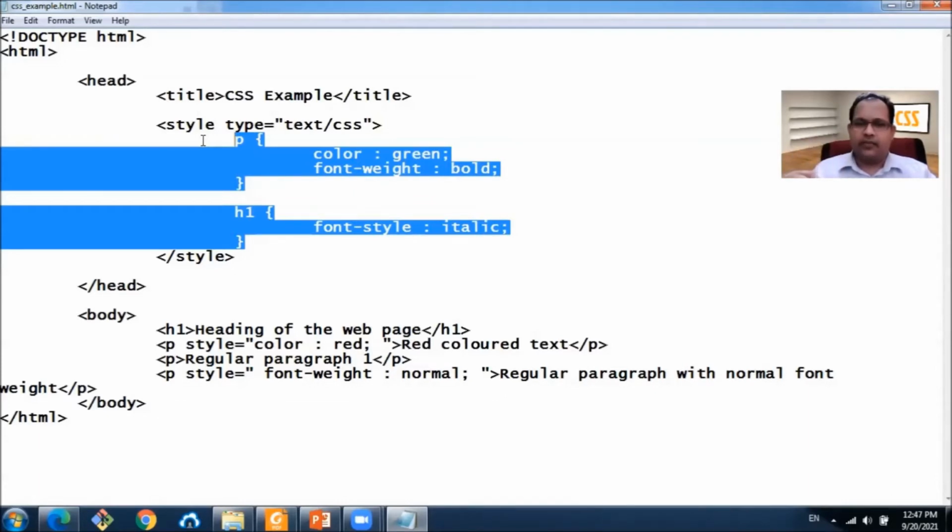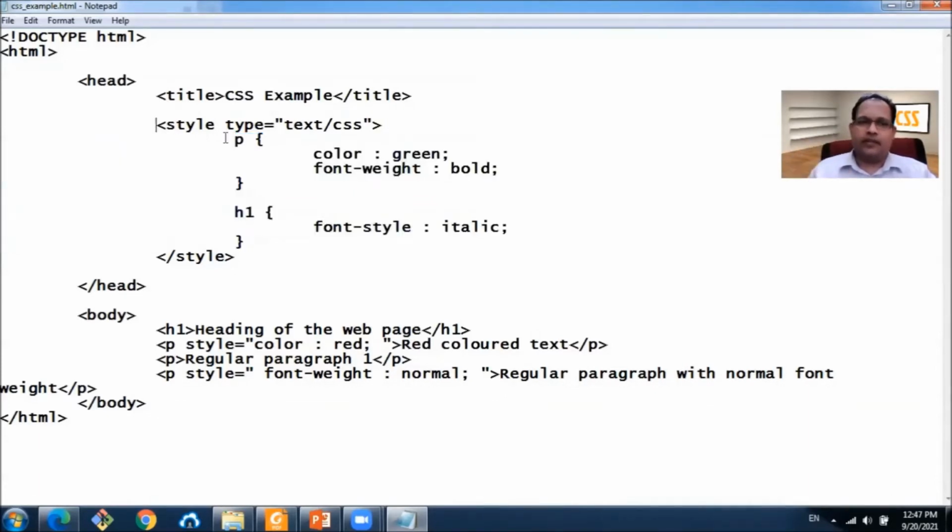One alternative is to copy this style into all the pages. That is an option. But if you think about it, as long as we don't change the style, that would be okay. Let's say we create a website with 100 web pages, right?